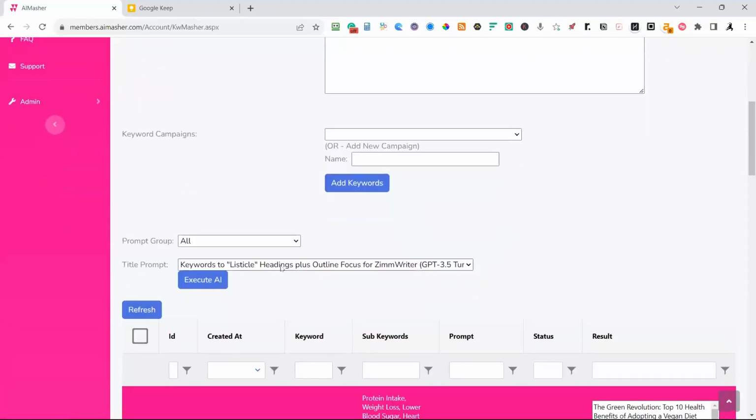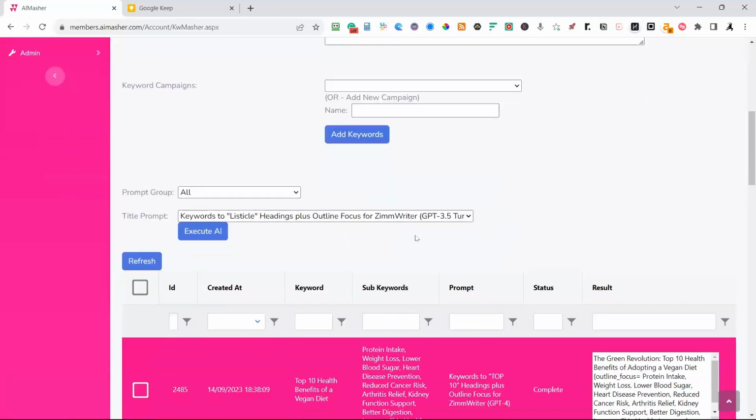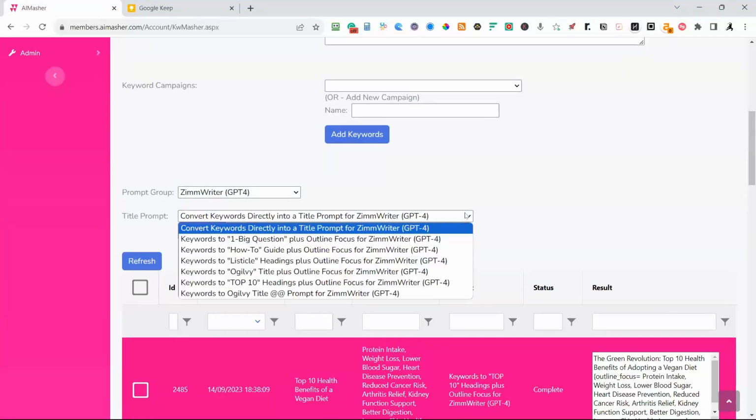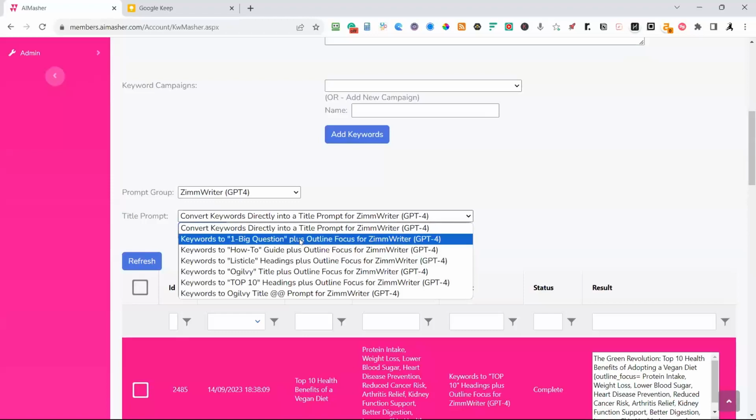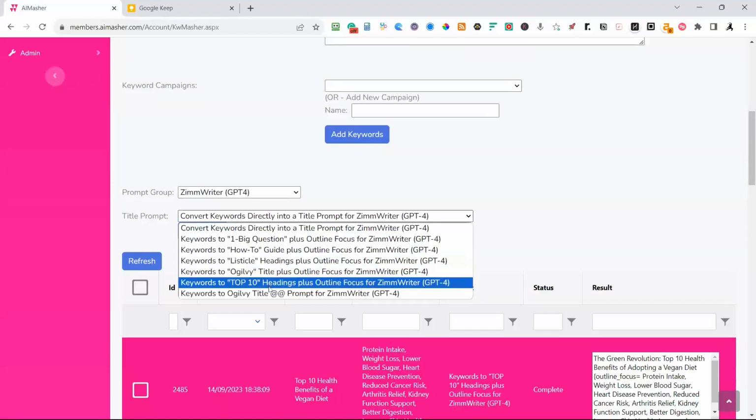Then you come down, and what do you want to do with the results? So we have prompt groups. We talked about how-tos, listicles, big questions, things that people are being asked. Again, we're going to use GPT-4 and convert keywords directly into a title prompt for Zimmwriter. But let's take a look. We have the big question, how-tos, listicles, the Ogilvy,